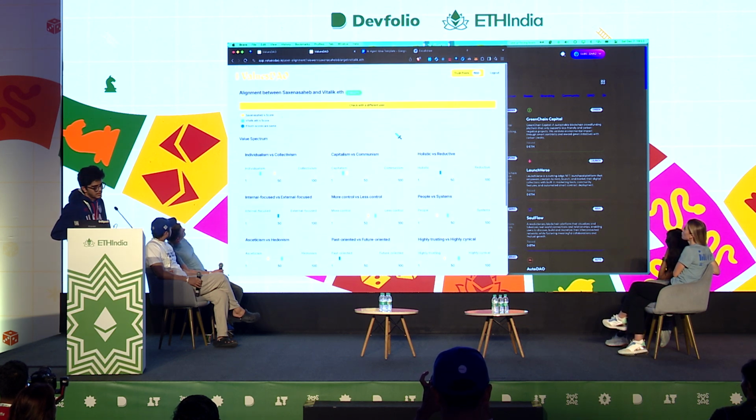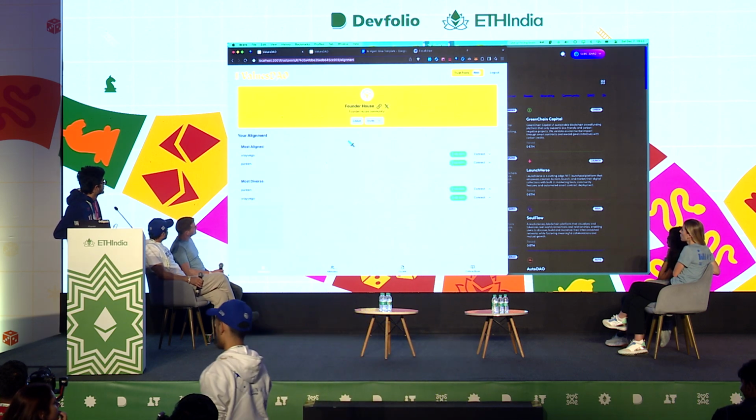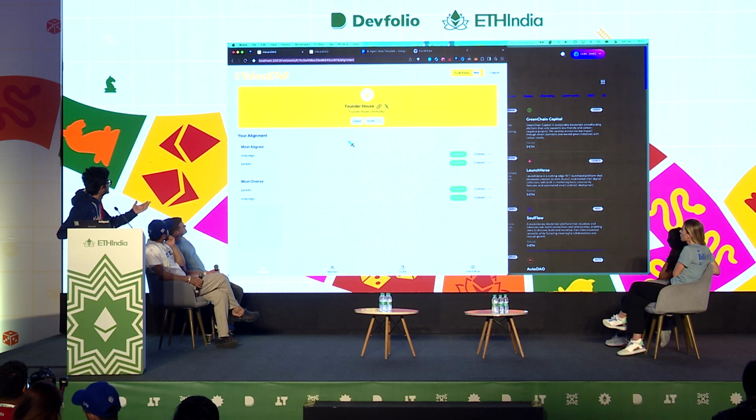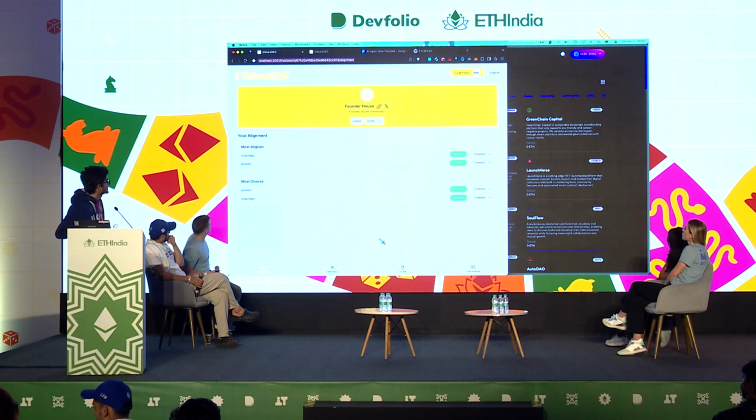And what we are recently up to is trust pools. These are basically aligned people, but in a community. And you can see how connected you are with other people. All of us have similar beliefs and values because that's why we are in the community. And you can see how aligned you are, how diverse you are. Now, what we have built for this fellowship is that